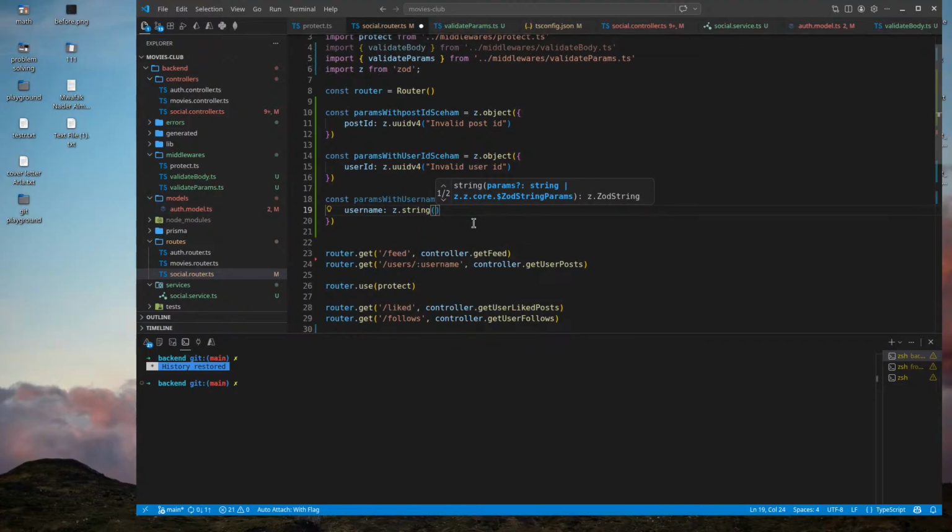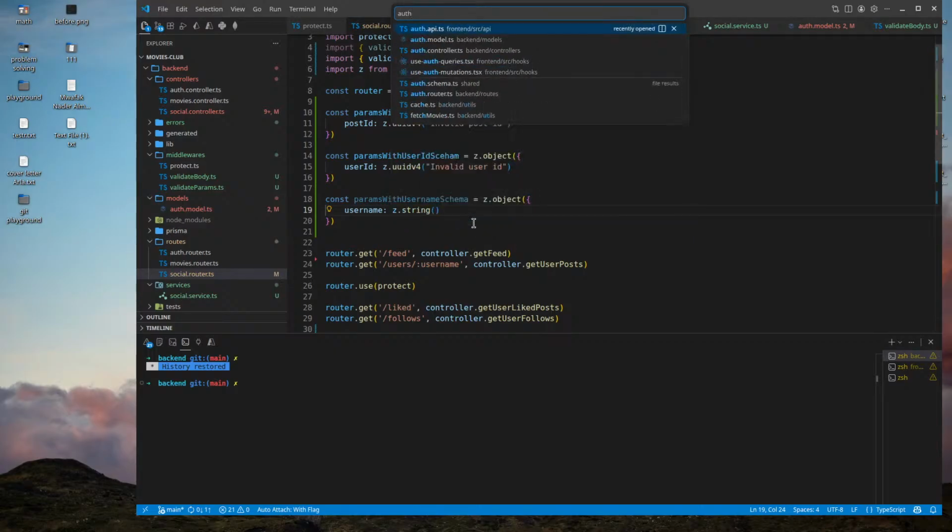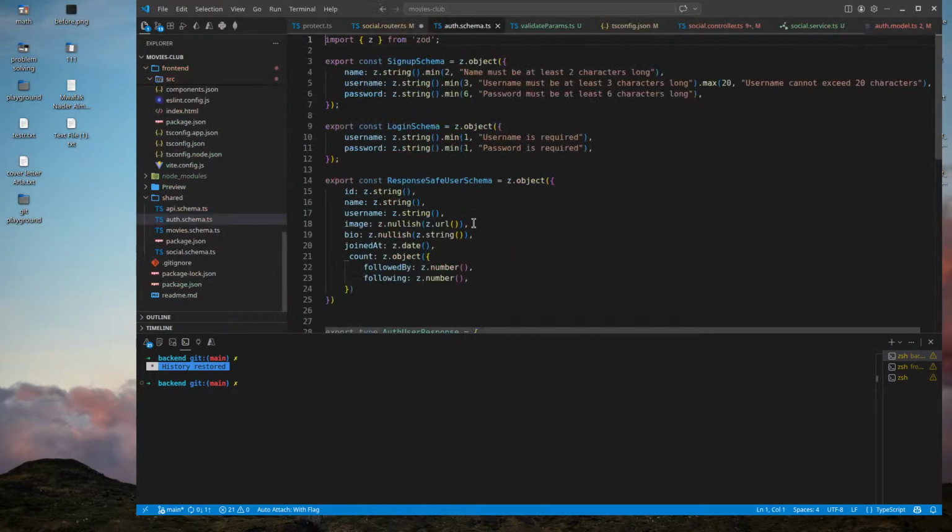And I know that the username should be what? I don't remember actually. Auth. I'm going to go for auth.schema, sign up schema. The username should be 3 characters.